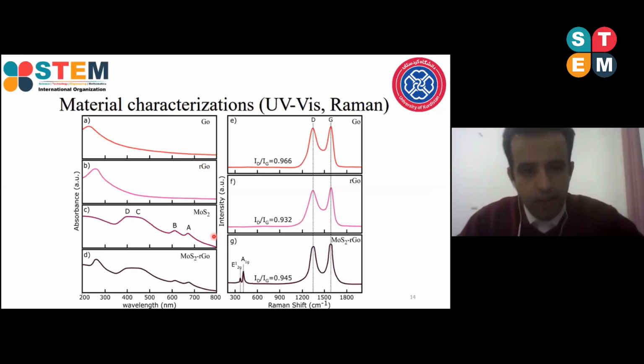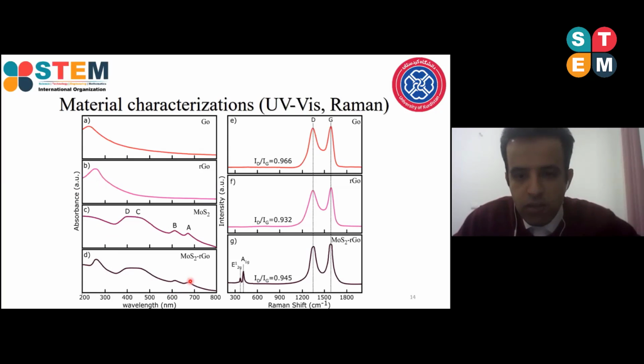So another characterization is UV visible and Raman spectroscopy for the hybrid structure. As you see, the graphene oxide has an absorbance around the UV region. We use thermal reduction to reduce graphene oxide. Reduced graphene oxide is a kind of conductive material compared with the GO that is insulating. And there is a little shift in the peak of the UV visible in the UV region. For individual MoS2, we have some peaks, mostly around the UV visible. And the hybrid structure of MoS2 and RGO shows the good combination of both peaks and the good formation